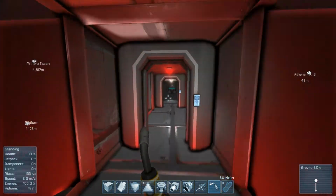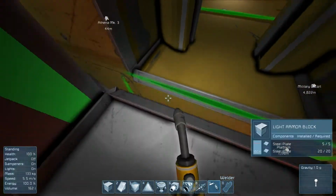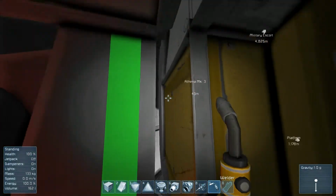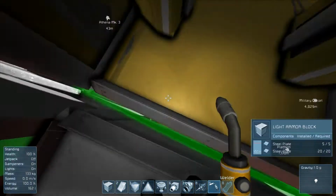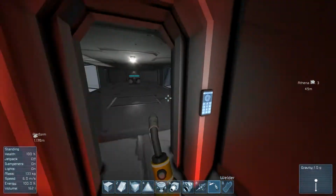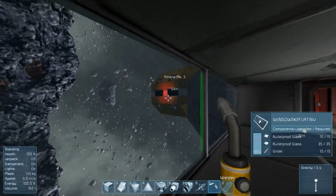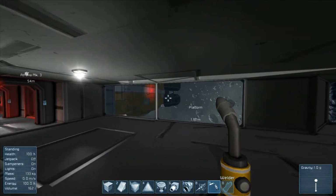I actually built a new station here, and this is just the docking. It's pretty tight. You can't see space from here, so I would say it's airtight. It isn't really, but yeah. I exchanged the windows also, so now we see here